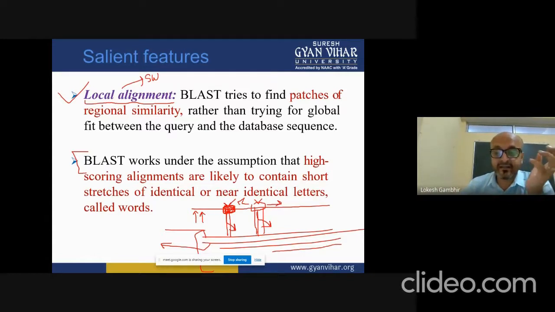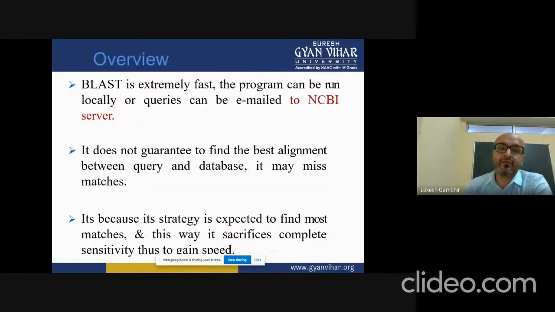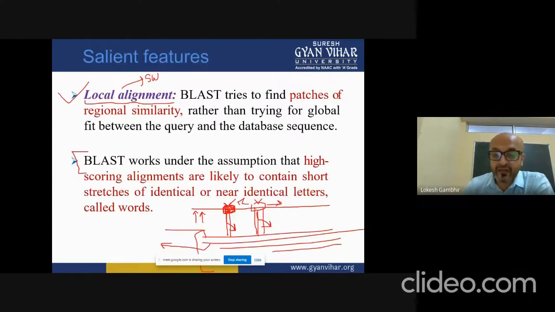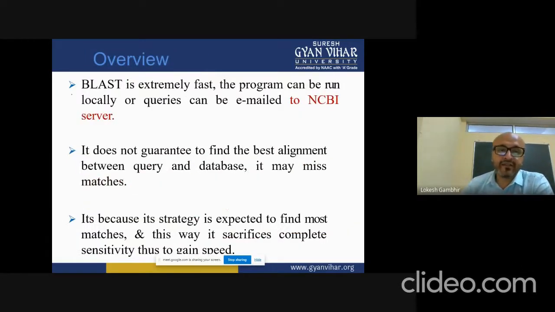It might be the case that it might not give you a good score alignment also, but the basic assumption that is followed while BLAST is high scoring segment pairs, the things which we call HSP. There's a segment and the scoring should be high. It's above the threshold, then only it will be filtering out. So that is the reason why BLAST is extremely fast.